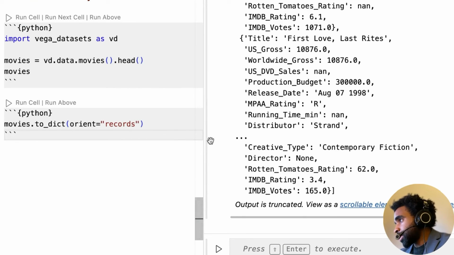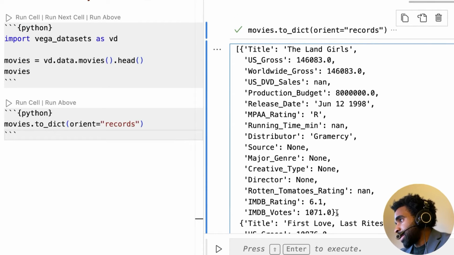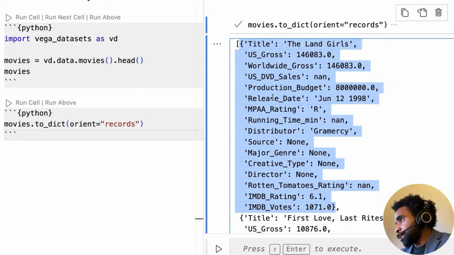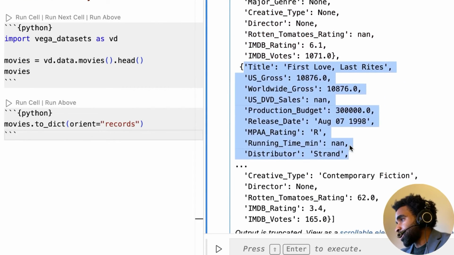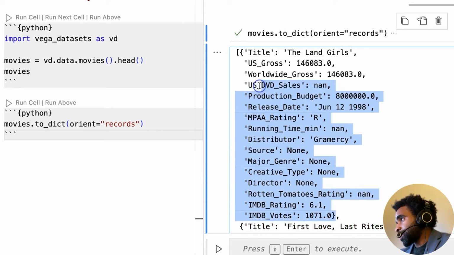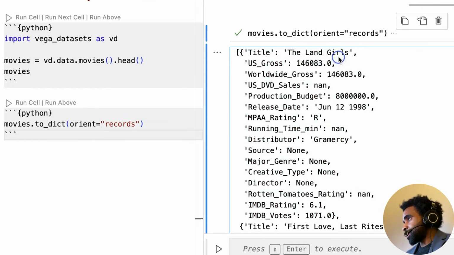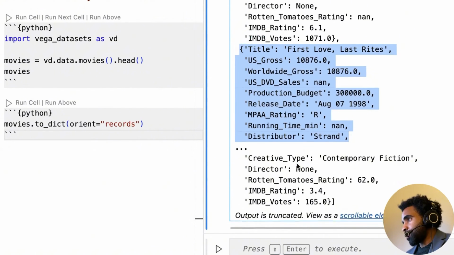And if you run this, what it's going to give you is a dictionary for each row in the dataset. So for example, here's the first row of the dataset as a dictionary. I have the title, the US gross, the worldwide gross, and everything about that movie. Then I have another dictionary for the second movie, and so on and so forth. So what I'm going to try to do is send all of this information to the model, and I'll ask it to summarize the information for that specific movie. And I'll do that for the second movie, the third movie, and so on